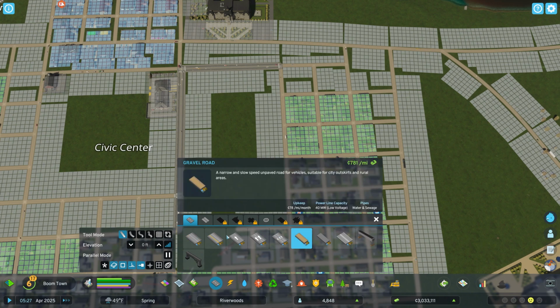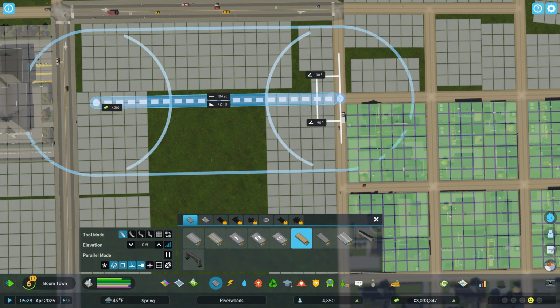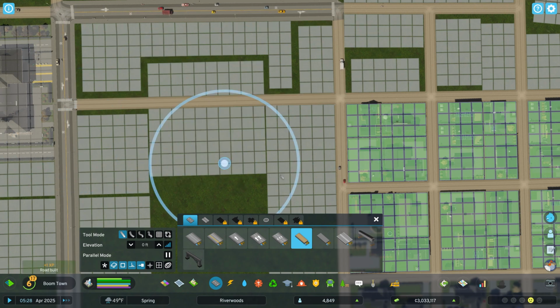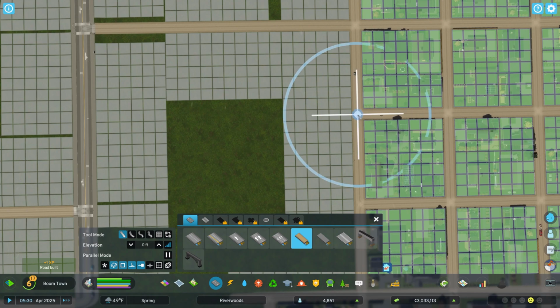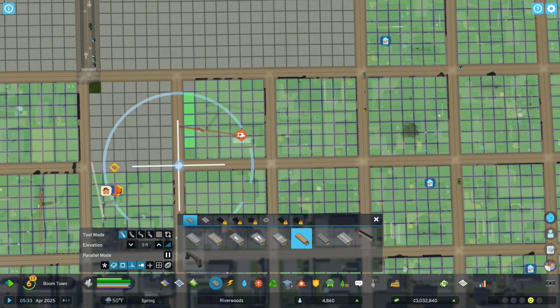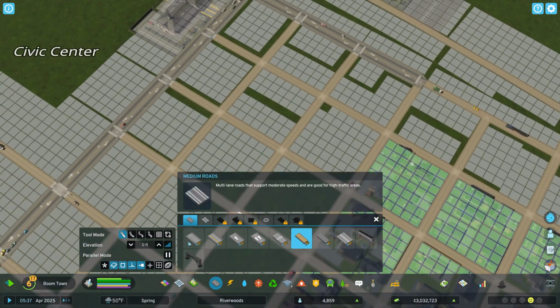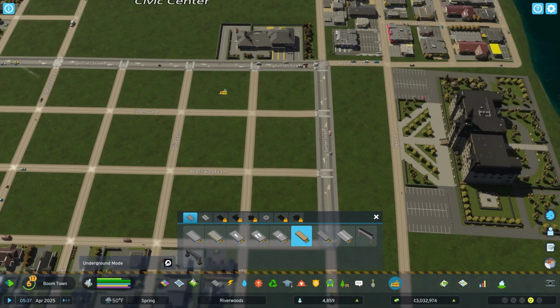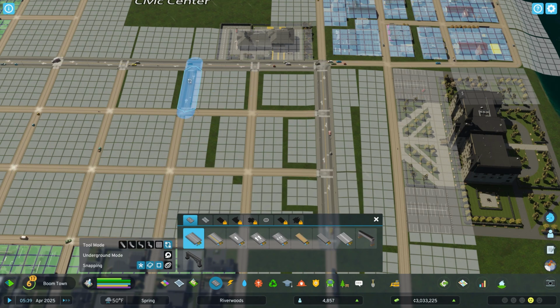Yeah, you know what? Okay, we're going to come back in here, and I'm going to get this back in place. Just these roads real quick, and I'll show you why in a moment. Okay, so now we've got these roads back in place. What I'm going to do is I'm going to take... Actually, maybe if we just leave those in place. If we come in here...